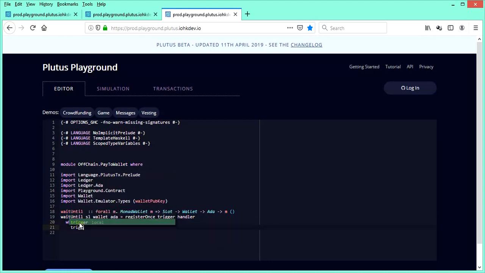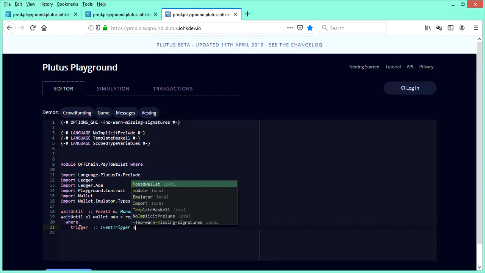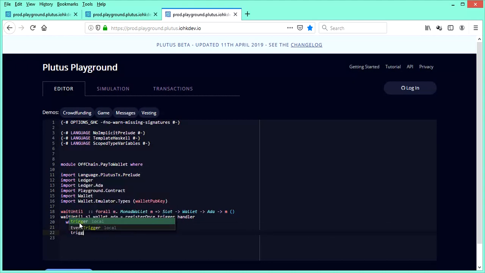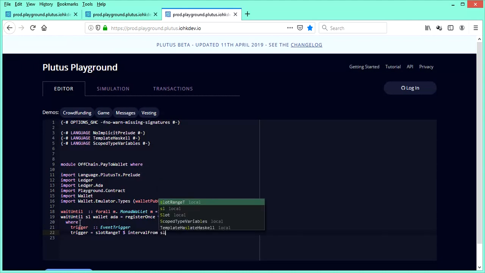So trigger, and this is a value of type event trigger. Trigger equals slot range, interval from SL. So what does that mean? Remember SL is the time slot. And what we're saying is, once any time after SL, just to make it easier, let's call it t, so anytime after t,